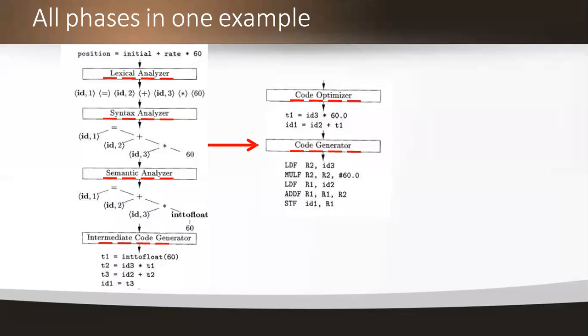For the characters, we will choose only an identifier as a token. To make it differ between the position, initial and rate, I am using a sequence number 1, 2, and 3: 1 is position, 2 is initial, and 3 is rate. This is the output that I am getting from the lexical analyzer, and this is acting as an input to syntax. Now I am giving the structure of these tokens, grouping them together and phrasing them into a structure.